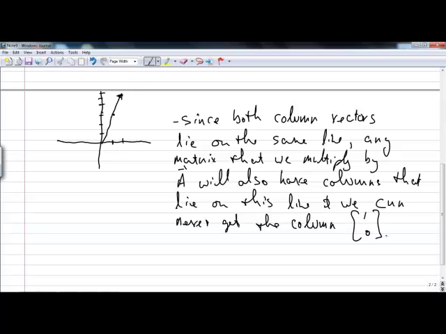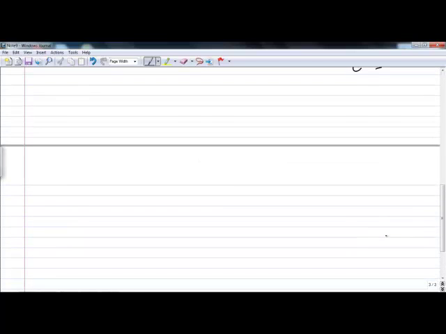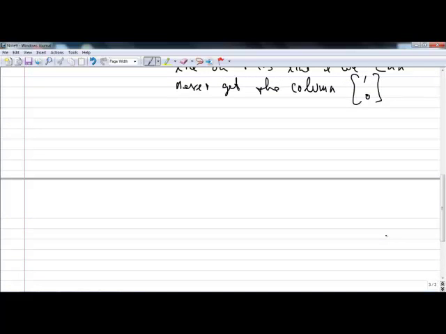Okay, so that's one way that we can see that this matrix is not invertible. Another reason, another way that we can see it